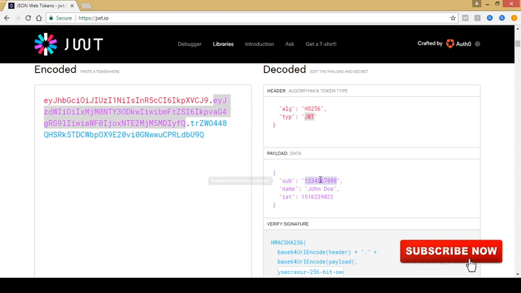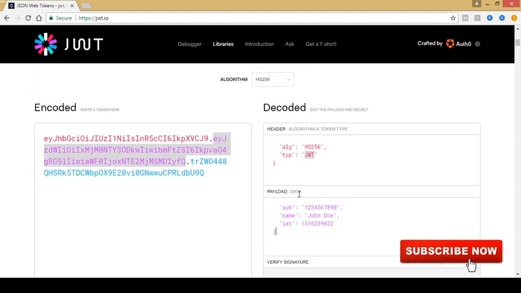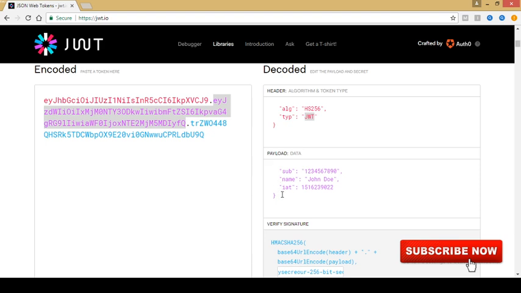Here the subject is kind of a user ID, which will be a unique ID for this message. And the second is your name, which is the username. In this place we could pass the user ID and password also, or we can pass the ID, role, and the name. And the third one is separated again by a period symbol, and this is the most important part, which is the verifying signature part.